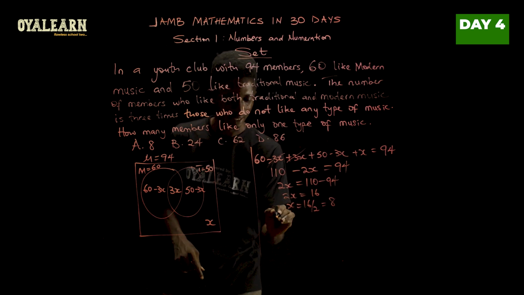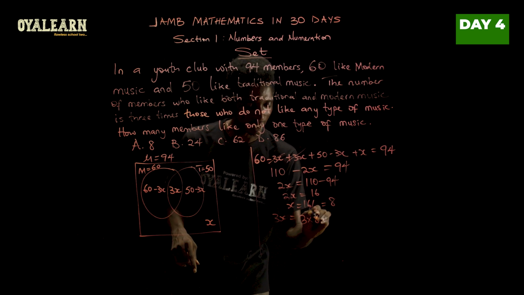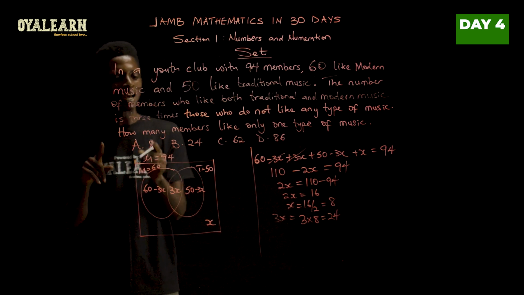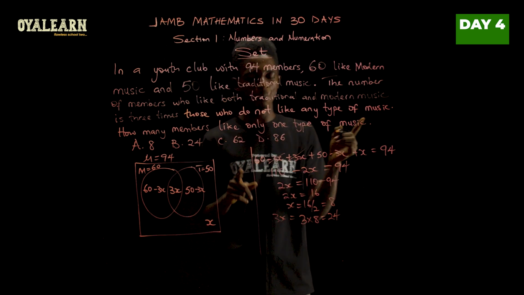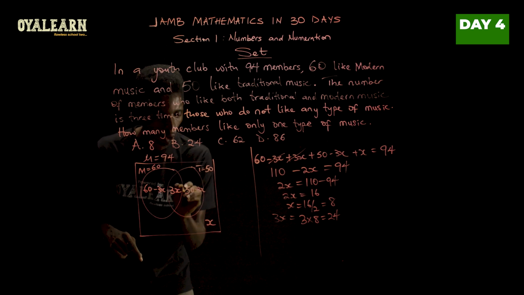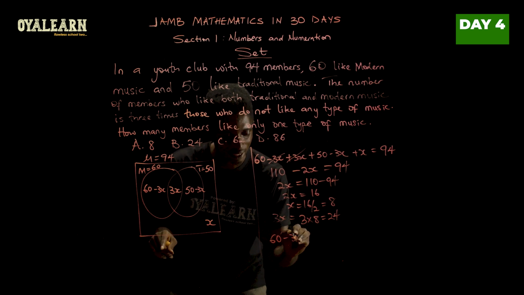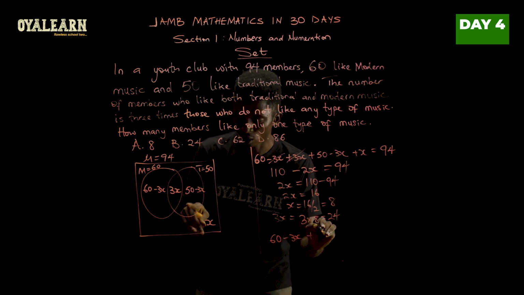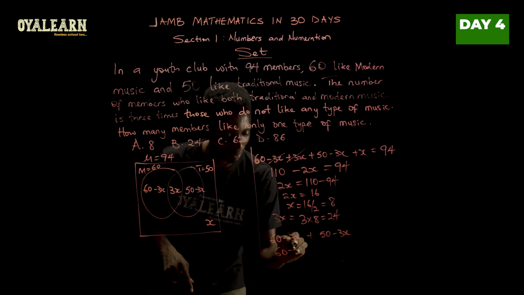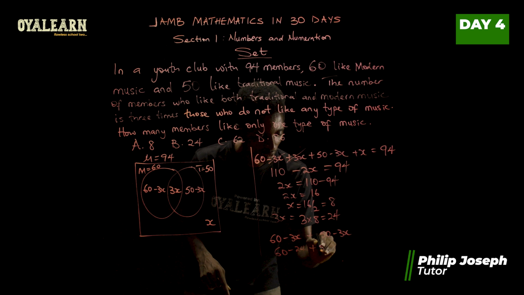So now that we know x, 3x will therefore be 3 times 8, which is 24. Now, the question itself says, how many members like only one type of music? That is, those that like only modern plus those that like only traditional. So we're going to be having 60 minus 3x plus 50 minus 3x. So this is 60 minus, we solved for 3x already to be 24, then plus 50